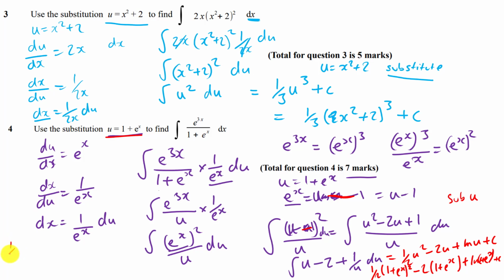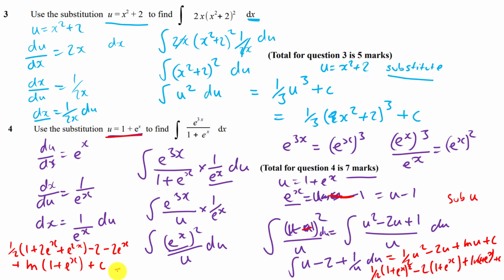You're going to get a half (1 plus 2e to the x plus e to the 2x) minus 2 minus 2e to the x plus ln (1 plus e to the x) plus c,